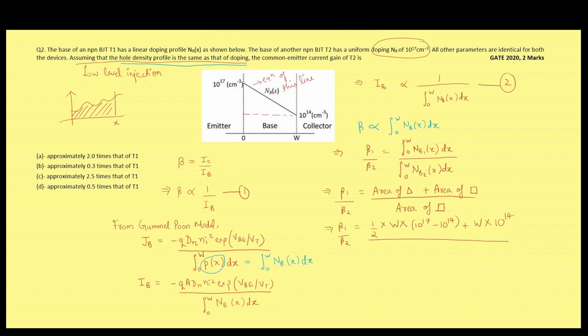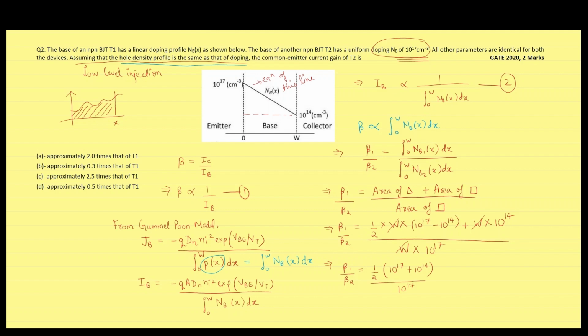In the second case, area of rectangle will be equal to length into width. Length is base width and width is equal to 10 raised to the power 17. We can cancel the base width. This is going to be the exact expression, but you can see in the options that the options are provided